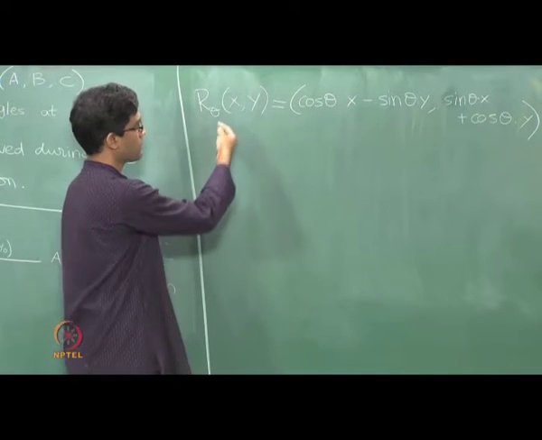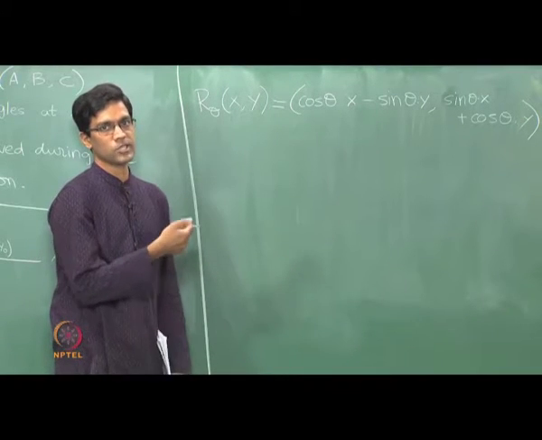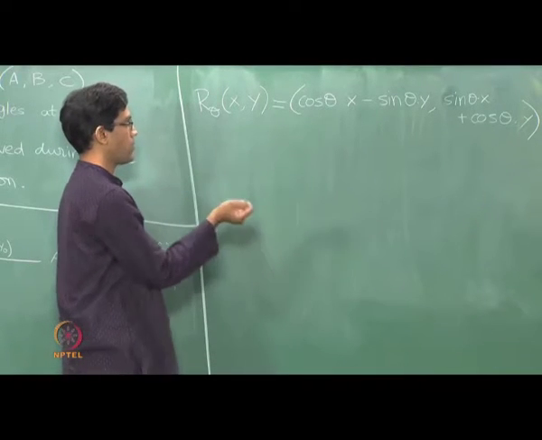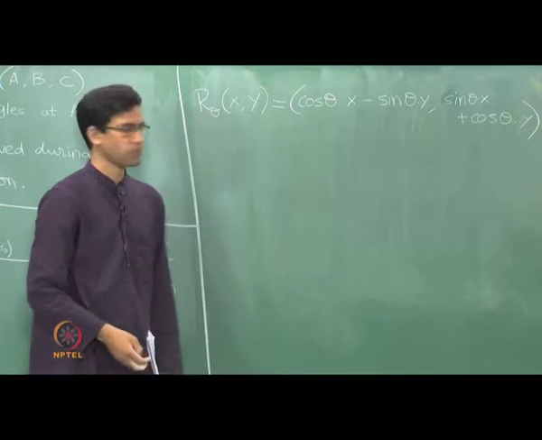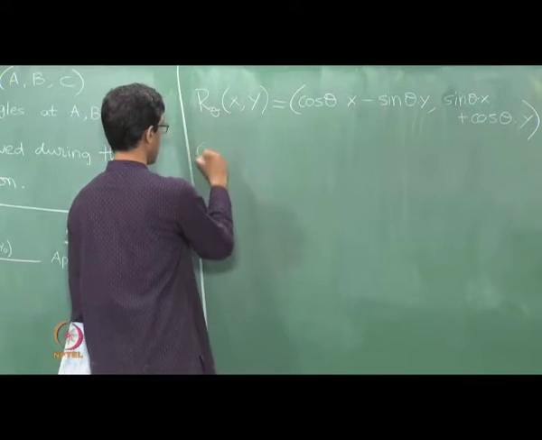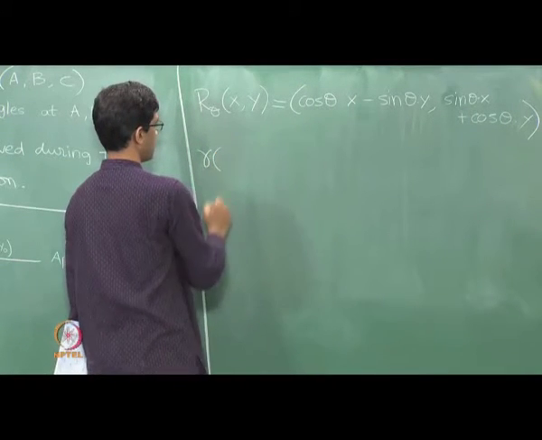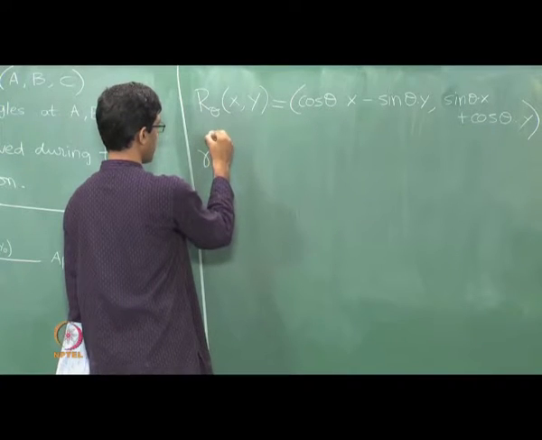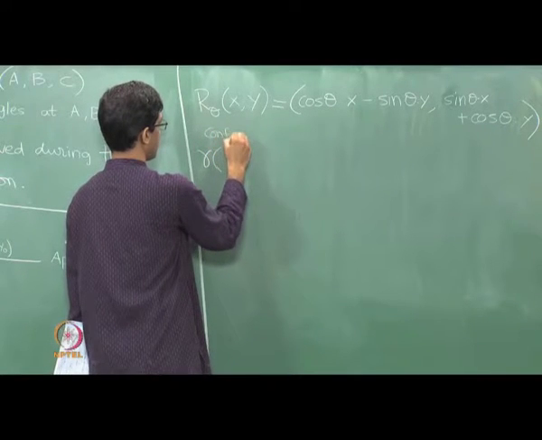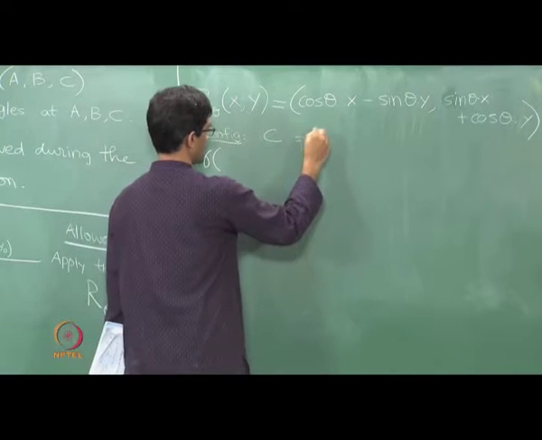Of course, it's much easier without the formula. It's easier just geometrically to see. What you're doing is just moving it to a point which is rotated by an angle theta. Okay, so you apply a rotation. So now here's what's the conserved quantity. So let's define the function gamma for a configuration. So what's the configuration here? It's just the coordinates of the point. Okay, so the configuration C just denotes the point that you have,